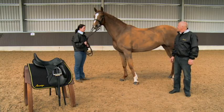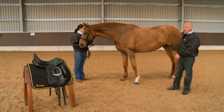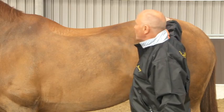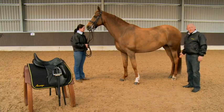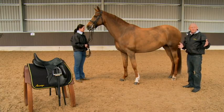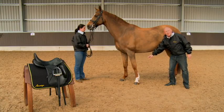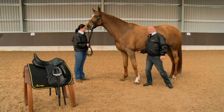This bloodline produced quite difficult horses exterior-wise. As you can see, you have a rectangular shape. You have a rising top line from behind the withers to the croup. And the hind is quite straight. So the goal we want to achieve is to have this hind underneath here. Therefore, we need to enable the horse to do this function